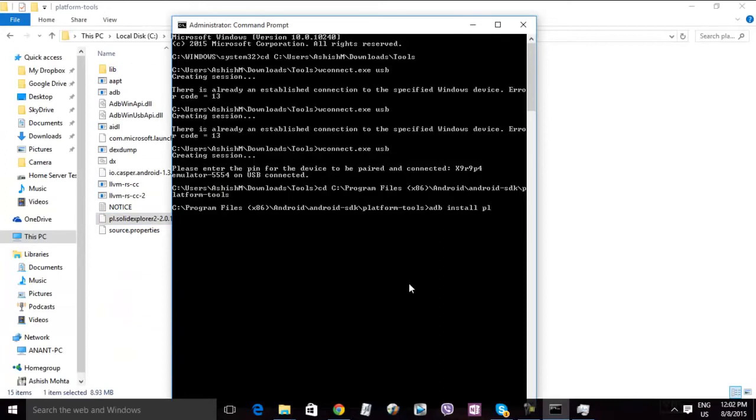Now we're going to type ADB install and the APK name. So just hit enter and we'll start deploying. So making sure the connection and all is there, and you should see it right on your recently added app list on your Windows phone or Windows Mobile, whatever you want to call it right now.